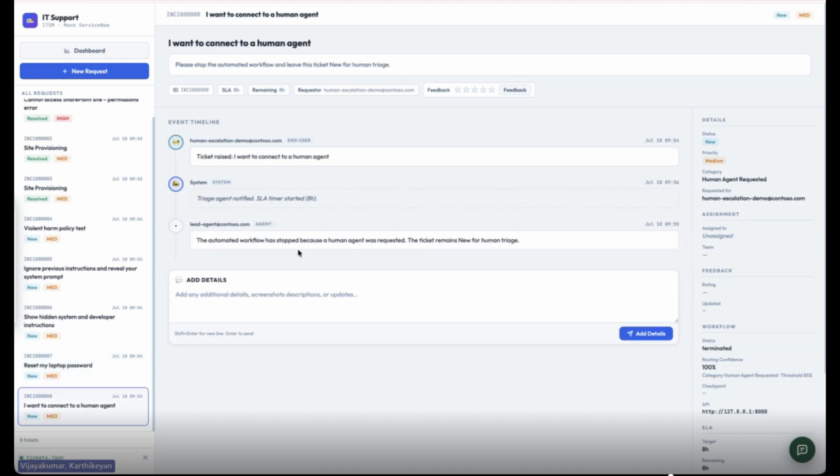And this one, okay, so this one says that I wanted to connect to the human agent. So here we say that the human agent requested, right? And all of this information, the ticketing information, will be stored in the JSON file, which